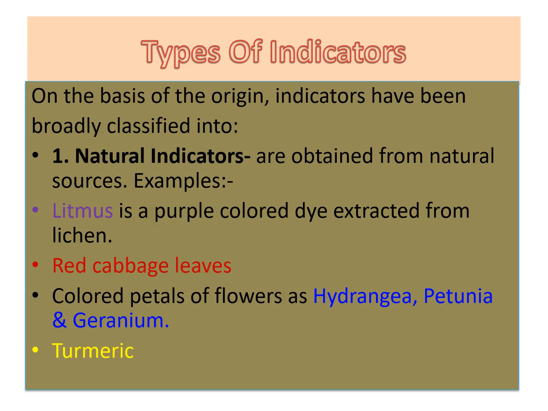Algae gives them the peculiar color, and you might be knowing purple color is a mixture of two colors, that is red and blue. That's why we always say red litmus turns blue or blue litmus turns red. So these are the extreme colors, and in this manner they show the change in the acidic or the basic medium. Another natural indicator is the red cabbage leaves, colored petals of flowers like hydrangea, petunia, and geranium.